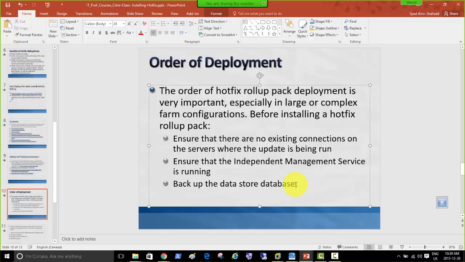Of course, always when we are making changes in a BlackBerry environment, or in Exchange, they all have their own databases. SCCM has its own database. So all major applications, big applications, have their own databases. So for any hotfix update, always take a backup. Although backups normally are taken as part of their own routine, you can take a backup right before doing this deployment if the backup does not hurt the performance,